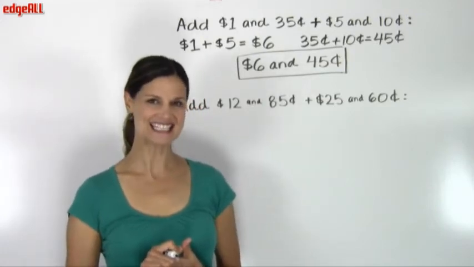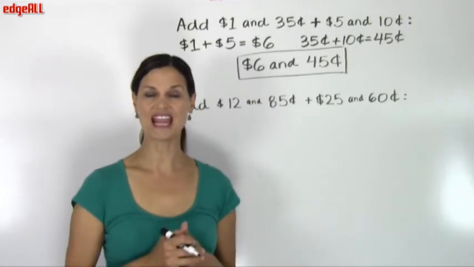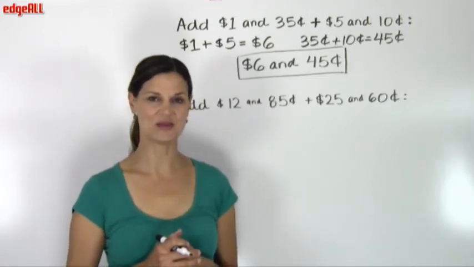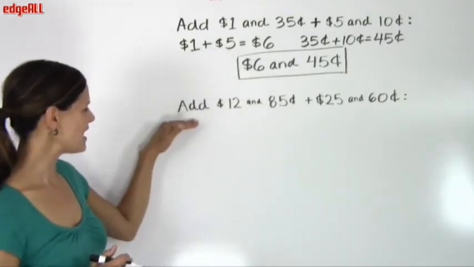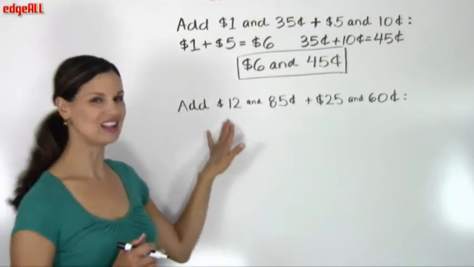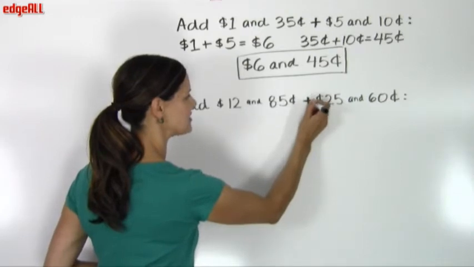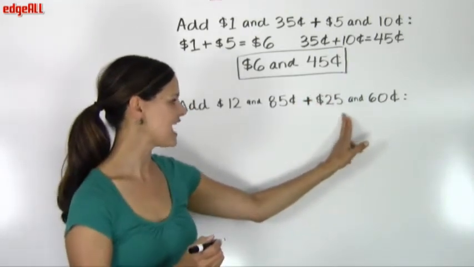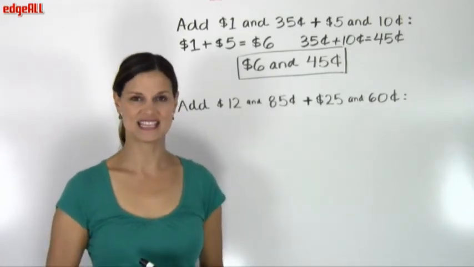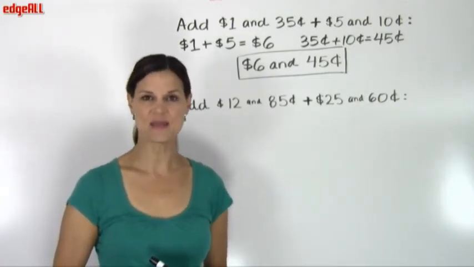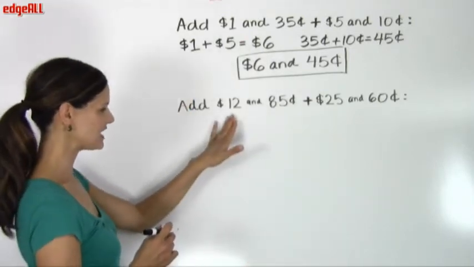So this next example we are going to do using the decimal point form of writing money and then adding our two amounts together. So in this one we are asked to add $12.85 plus, so we're adding to that, $25.60. So what we want to do first is we want to write each of these amounts using the decimal point form. And so we're going to start here with our